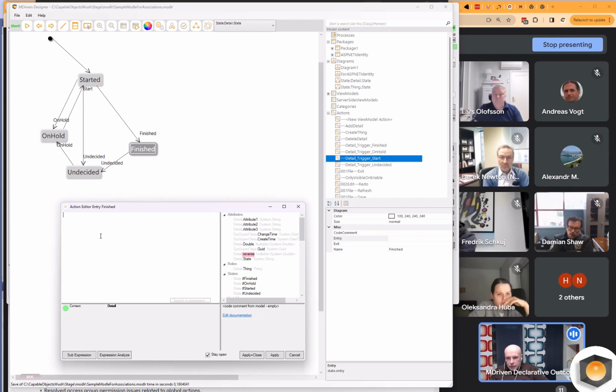And that makes every state change sort of a separate concern. What should happen once I'm finished? Should I send an email to someone? Should I produce a report of all that has been done?